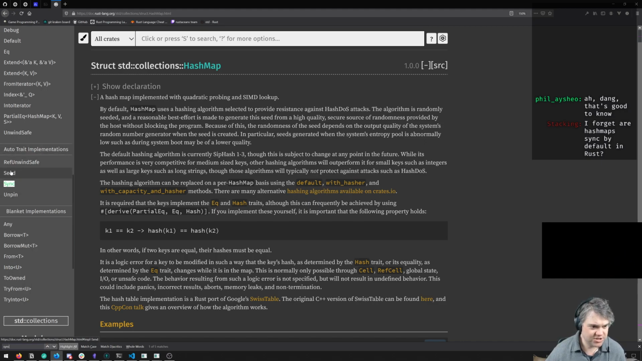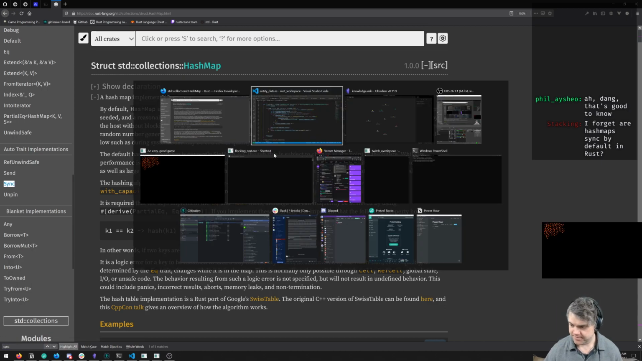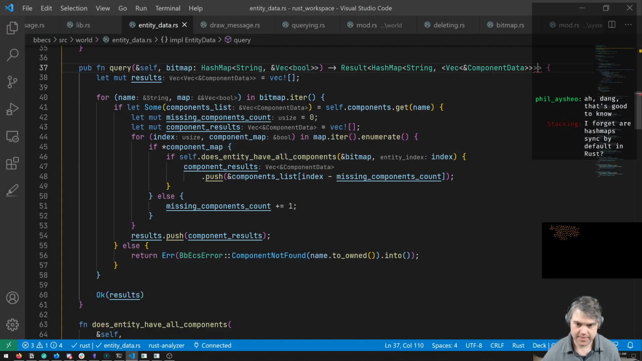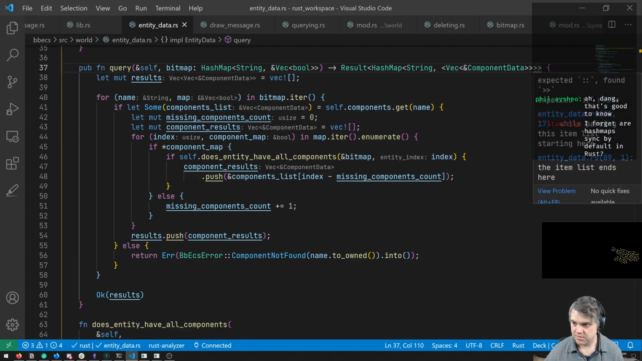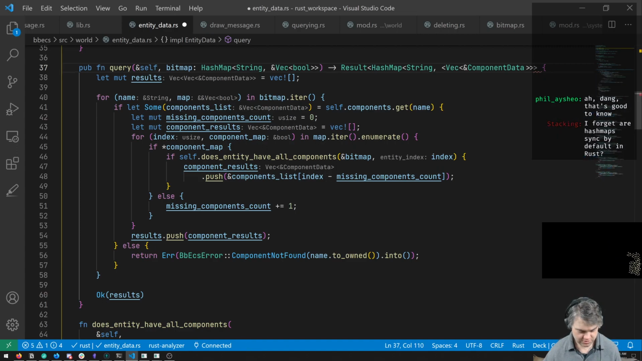Auto trait implementations, Sync. Yes, it is. Sync is an auto trait of HashMap, from what I can tell here, unless I'm reading this wrong. Okay, so